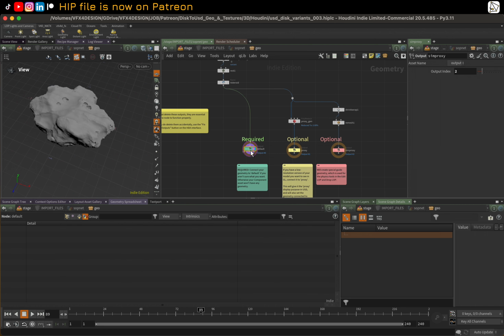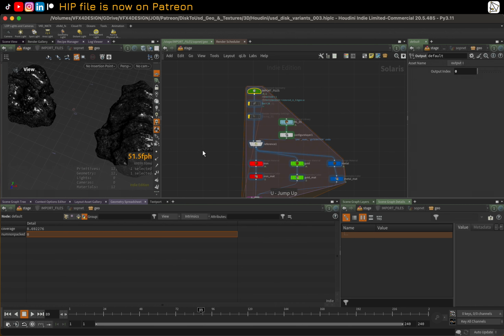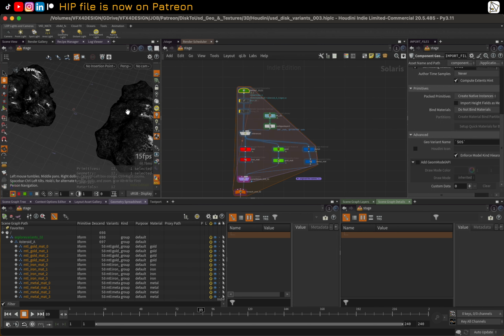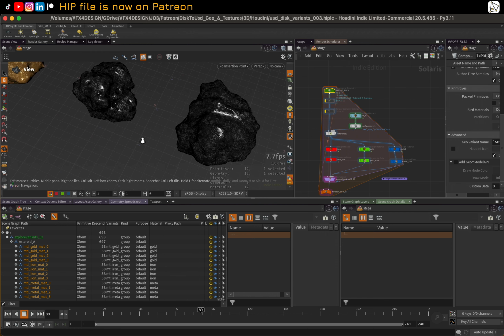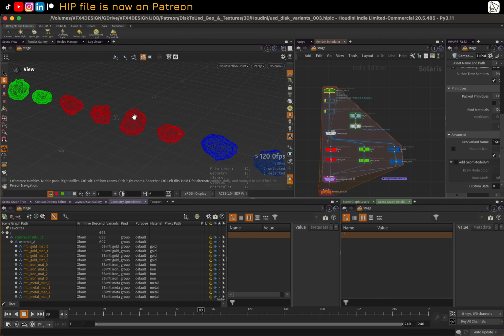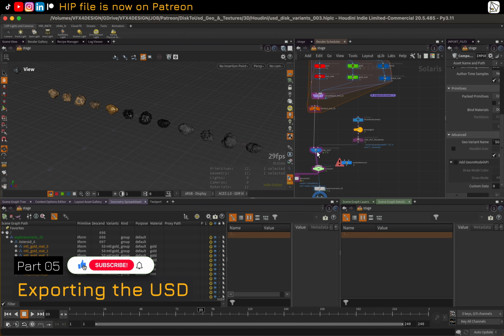So if I just switch this back now and I press up, we're going to get a bit of a wait time. There you go. It wasn't too bad, actually. And it's now converted them to the proxy in the viewport, like so. And then when it comes to saving,